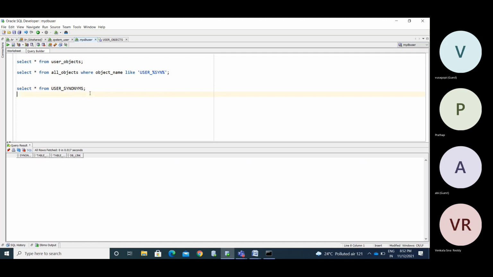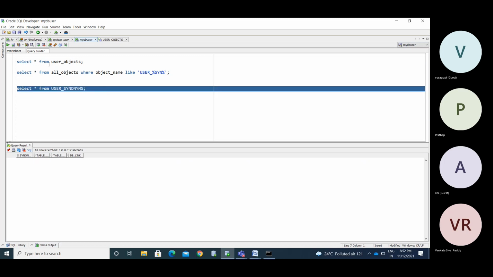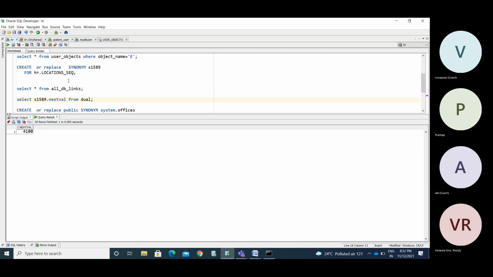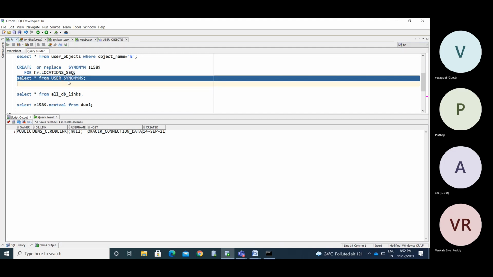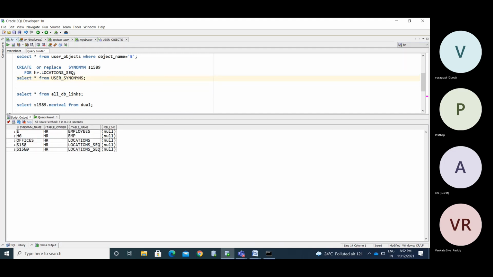You don't have any synonyms in my database user. Now we created it in the HR user. See, we created 518 as a synonym for location sequence. So synonyms are captured and stored in user_synonyms, which is the meta object that stores them. This is about synonyms.